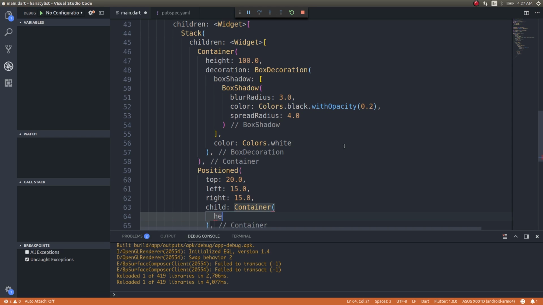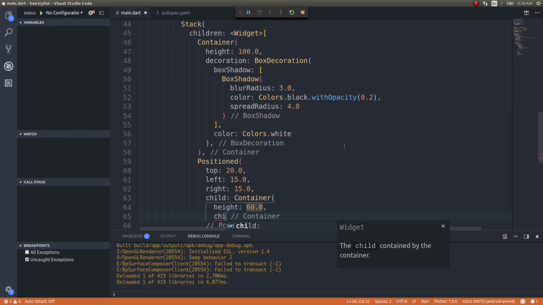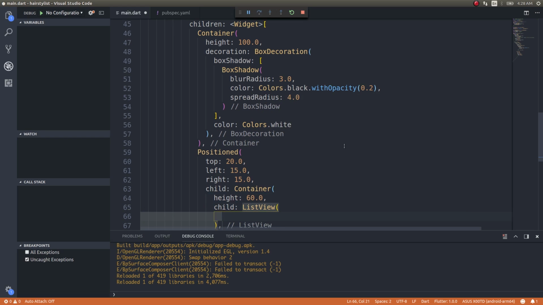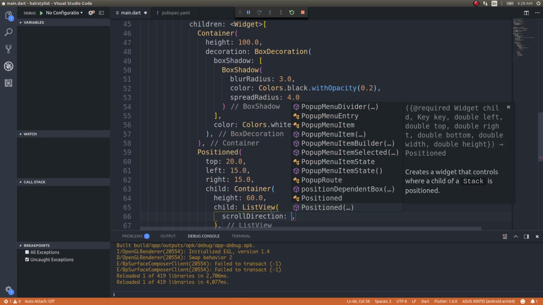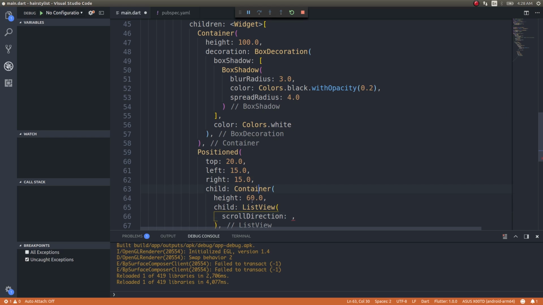This container will have a height of some 60 maybe, and the child of this container will be a ListView. This will be the horizontally scrollable ListView. I could have directly given the ListView here itself, right? But it will show that it needs a specific height, and if you try that you will face that error, and then you will understand why I used a container first and gave a height for this container and used the ListView inside that particular container. Okay, scroll direction, Axis.horizontal,